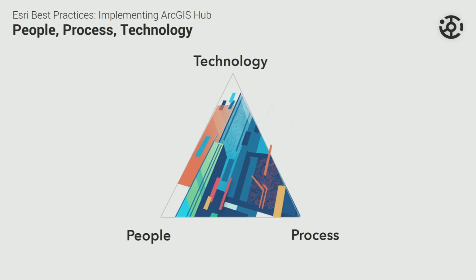is people, process, and technology. We like to bring this slide up because it's the first thing people think about when we talk about implementing ArcGIS Hub is the technology, ArcGIS Hub itself. And that's important. However, it's also important to realize that a successful hub implementation is going to require your implementation efforts focus not only on the tech and the data, but also the people and the processes that will be